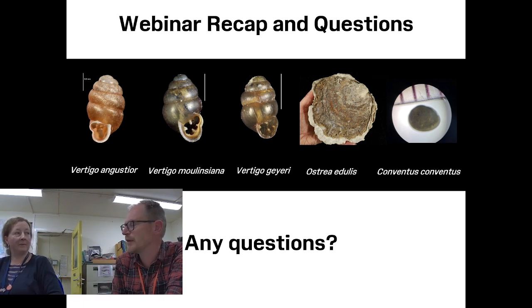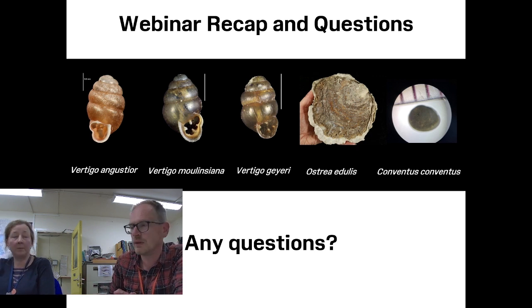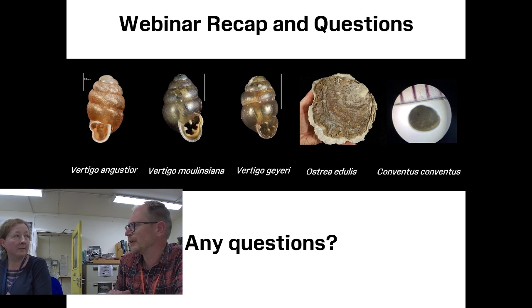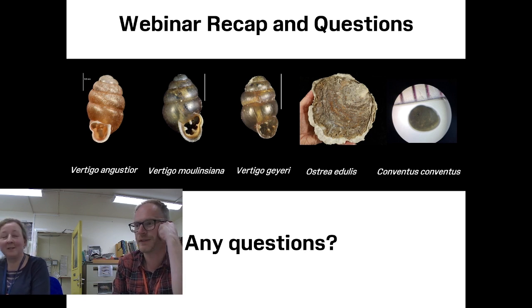So, like, native oysters are, as long as you know how to recognise them, fairly easy to find, aren't they? Yeah, they are, absolutely. You can watch them grow as well, I suppose, can't you? Because they're quite big and they live for years. Yeah, just go back to the same spot as long as you can remember where you saw it. Yeah. Use what3words, that's handy. Oh, right, yeah. Yeah, we do a lot with volunteers, don't we? We do. Anna's got a student at the moment, and yeah, good idea.